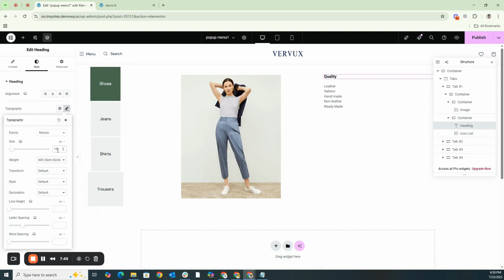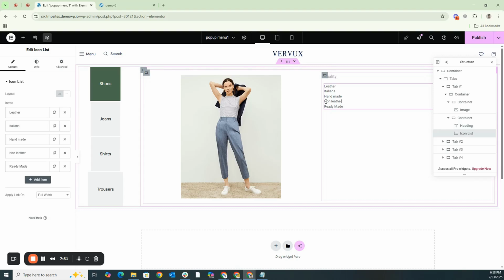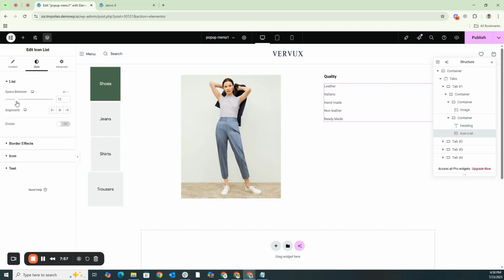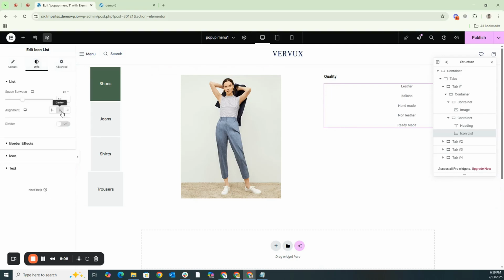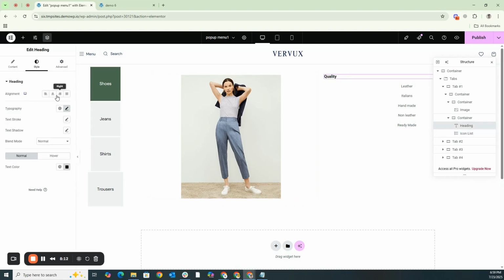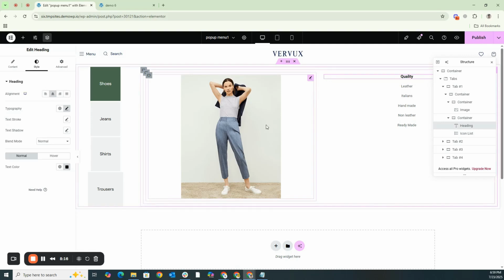After that, we want to adjust this menu we've added. There's no line height. Everything is too close together. We can add some space between them. Now, if you want your content to appear in a specific place within your layout, you can display it right there in the absolute center of your design. You can also center your main heading, ensuring it stands out. So basically, our very first tab is now completely ready.